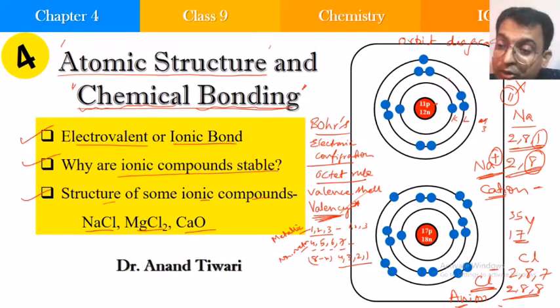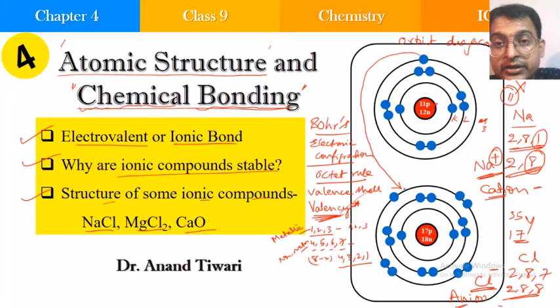Now the sodium is losing an electron. So what is it going to do? It has to give the electron to someone, right? So it can give the electron to chlorine because chlorine wants an electron. So what is going to happen is the transfer of this electron. What electron is that? That is the valency electron, not any other electron inside. The valency electron, that is the outermost electron, will be transferred.